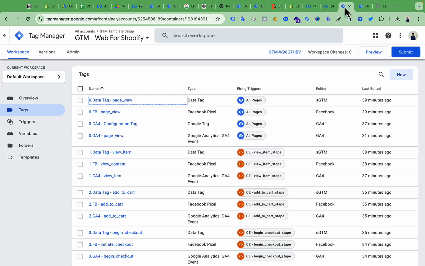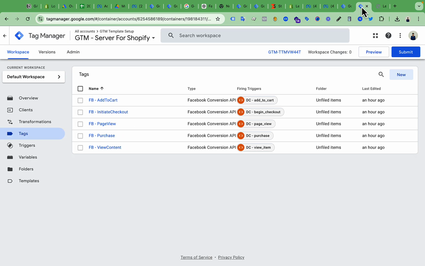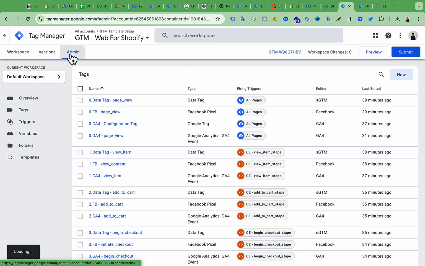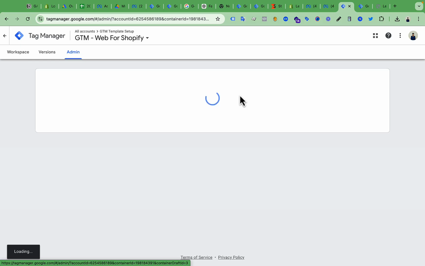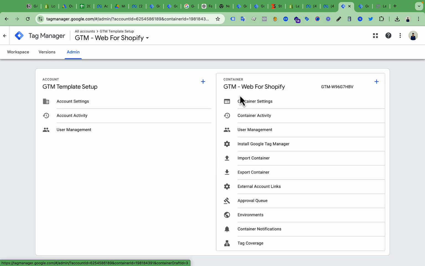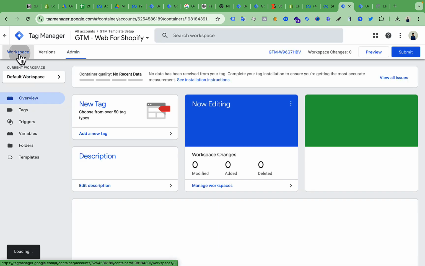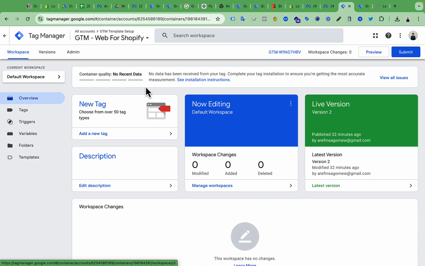I have created two GTM container templates for you, one for the web container and another for the server container. You can easily export these containers and import them to your own container. Then you can easily change some tags and variables, and you can use this template for your tracking purposes. So I will provide you both GTM web and server containers